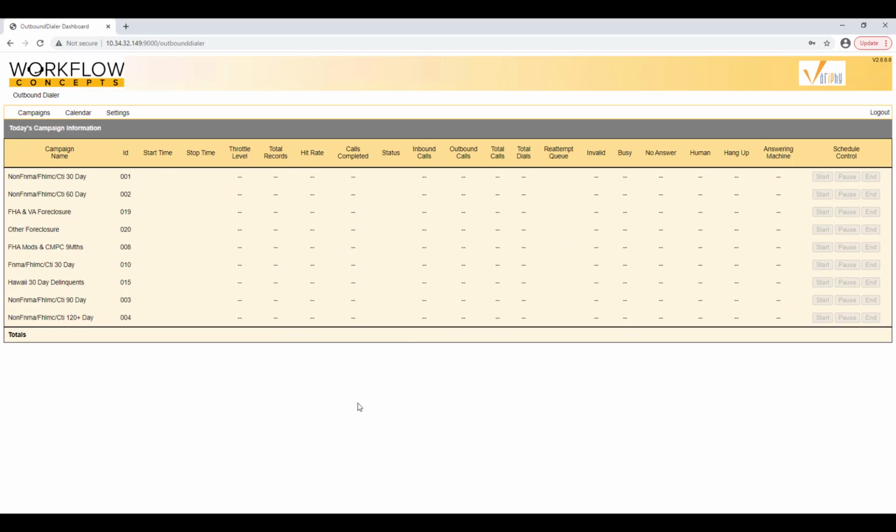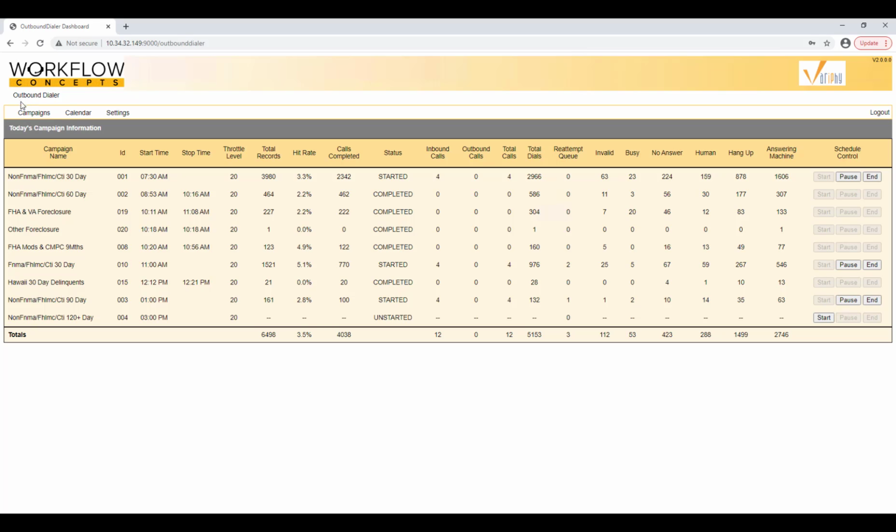We're going to go ahead and log in, and as we log in, you can see in the top left here, Outbound Dialer. We have three buttons up here. One is the Campaigns, that's the tab you're looking at right now. We also have a Calendar tab and a Settings tab here, which we'll uncover a little bit later in this video. Currently, what you're viewing under the Campaigns tab is today's campaign information, the campaign name, ID,